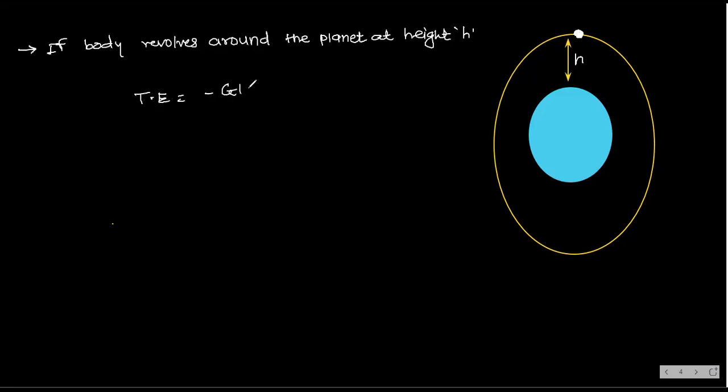Minus GM by R plus h. This is 2 also, right? 2 into R plus h. And therefore, here the additional energy required